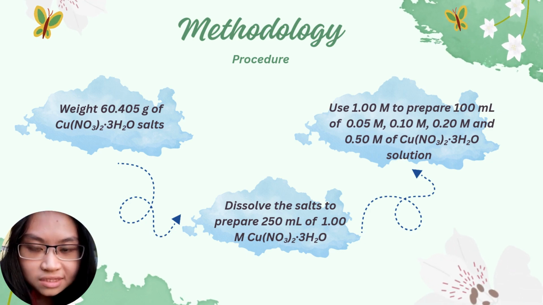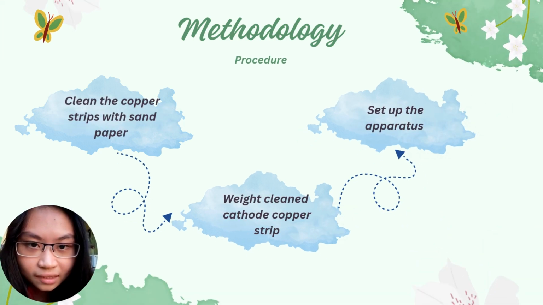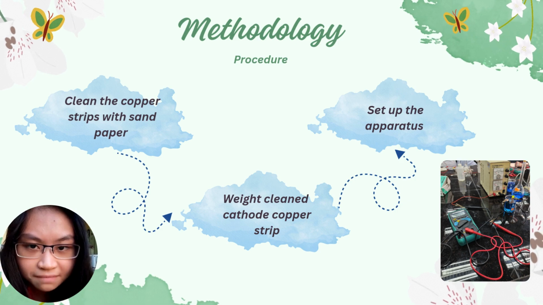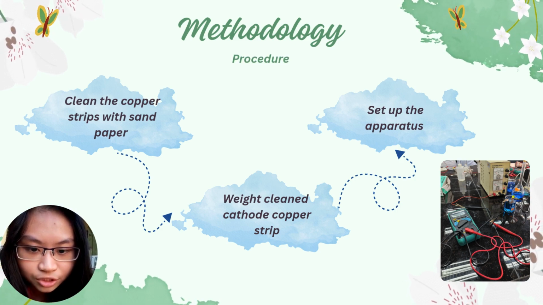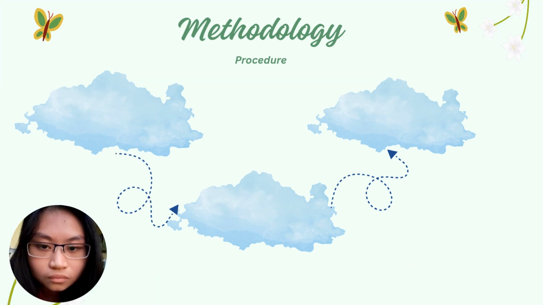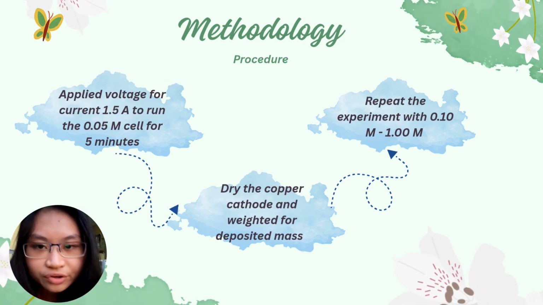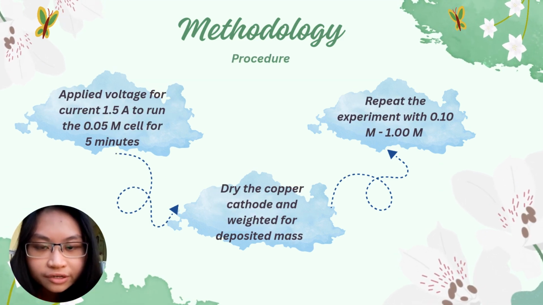At the same time, the copper strips are cleaned with the sandpaper and weighed as the initial mass. The apparatus will be set up like the picture shown. Then voltage is supplied for 1.58 current, which is the control variable in the experiment,